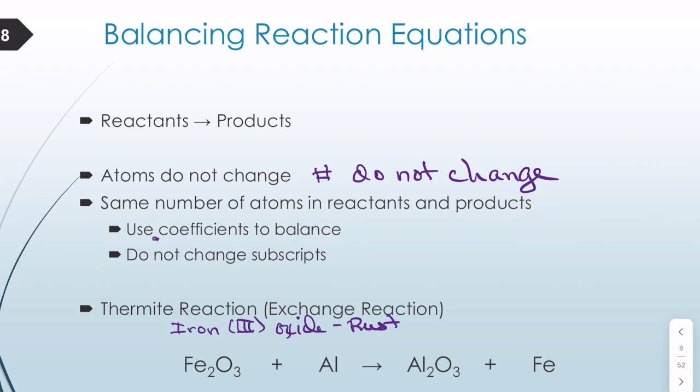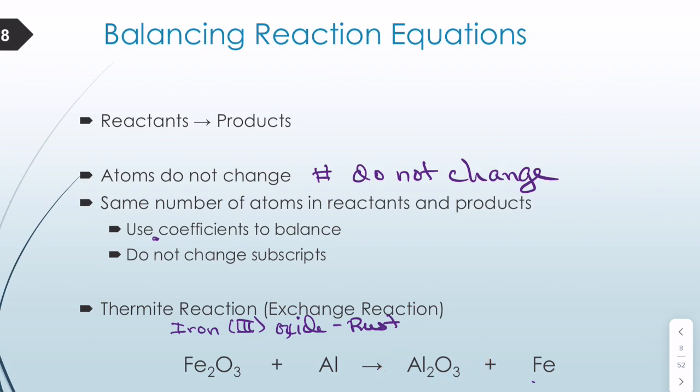But when we do that, it turns out that this particular reaction is one that generates a lot of energy. As you see, if you watch the video that accompanies this particular chapter in our discussion, it does generate a lot of energy with flames and molten iron. So it gets really, really hot, and the products are iron. We start with iron oxide, but we end up with just iron. And it's so hot that the iron that's created is in liquid form. It's molten iron. And then it's aluminum oxide.